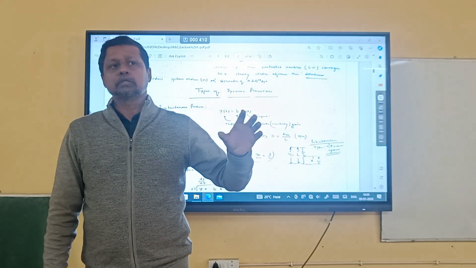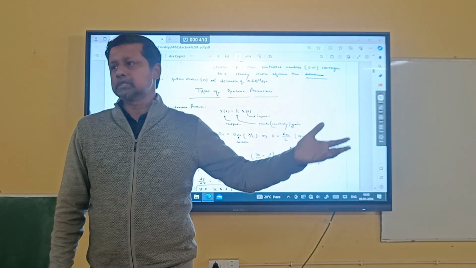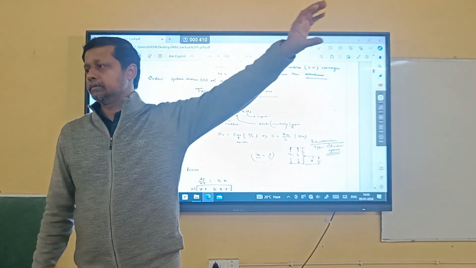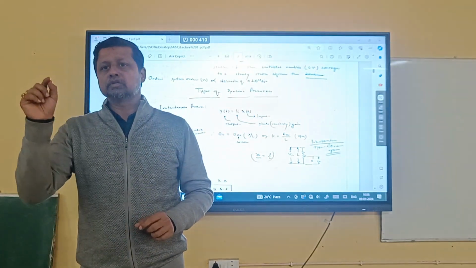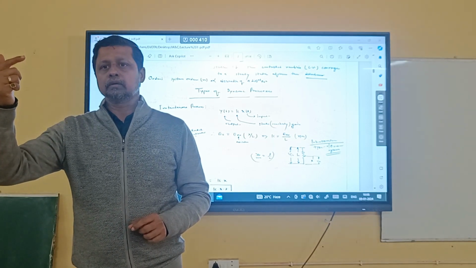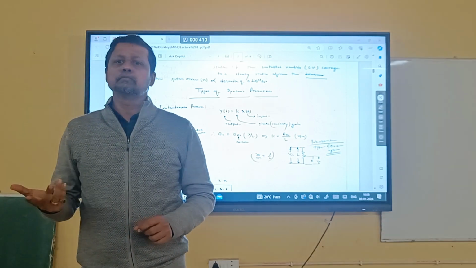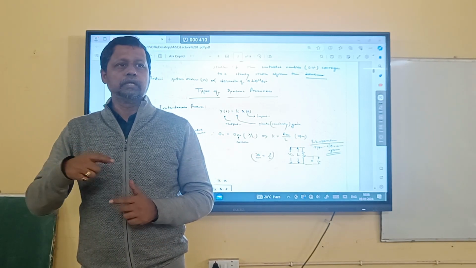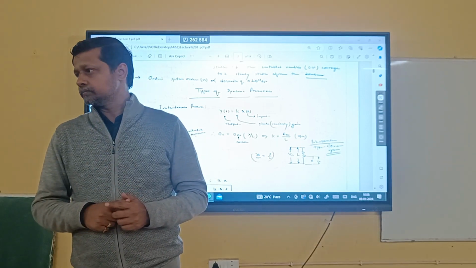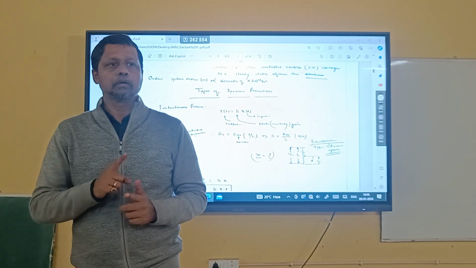Clear? So in these scenarios, in an amplifier, what is your goal? You say that if I am able to reach a 12 volt signal, that would be more than sufficient to communicate my data from the field sensor to the HMI. Now you need some tens of volts. What was the original signal? Tens of millivolts. How many times do I need to amplify? 10 raised to 3 or 4 times, roughly. So what factor is more important to you? Stability of the signal or gain of the signal? Gain. So I want to amplify the signal at any cost. I will not bother about the stability. Now you will have to adopt characteristic number 2.